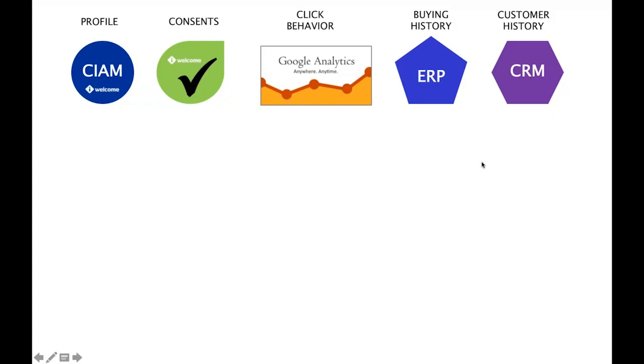Here we see how things fall together. At the top, all the records being profiled, including social media activities, consents, web analytics. In this case, I took Google Analytics, but of course there are many others. ERP and CRM have one and the same user ID, or they're connected user IDs. The web analytics system, of course, does not know who actually is behind that user ID. So it doesn't know the personal information, because you won't be sharing that with Google on their cloud service. At least you should not.